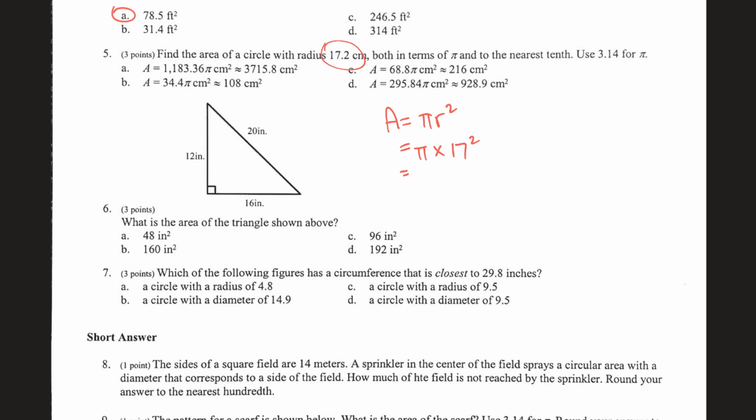Well, that means pi times 17.2 times 17.2. I'll fix that little error right there. 17.2 squared means 17.2 times 17.2. So I need to just do 17.2 times 17.2, and that's going to be pi times